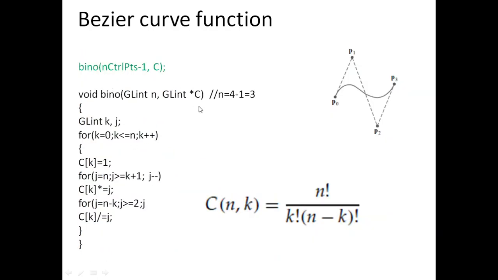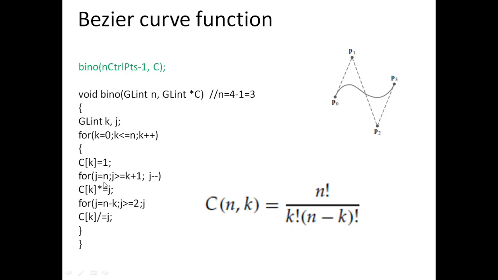So how is that calculated? This is the formula, which we have already referred to in the textbook: n factorial by k factorial into n minus k factorial. So we are setting n, you know, 4 minus 1, which we have already passed from the function, 3, and c is declared. Leave this declaration. We are starting the for loop here. So you have to calculate n factorial first: n factorial by k factorial into n minus k factorial. So we'll see how the factorials are calculated here.